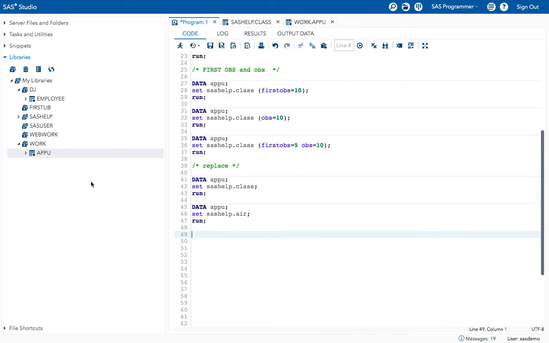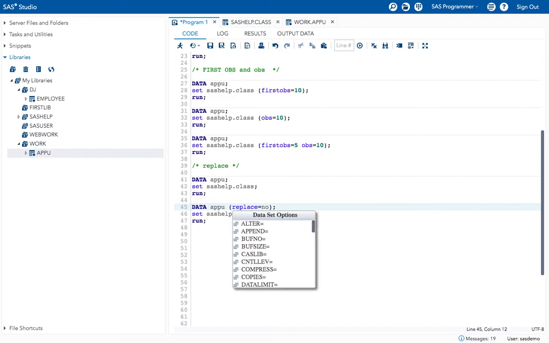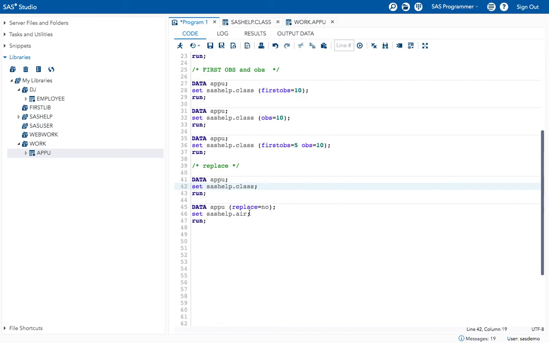To stop that, if we don't want that, we have an option, replace. Now what I will do is replace equal to no in the parenthesis. Okay, now I have given replace equal to no. Now see what happens.